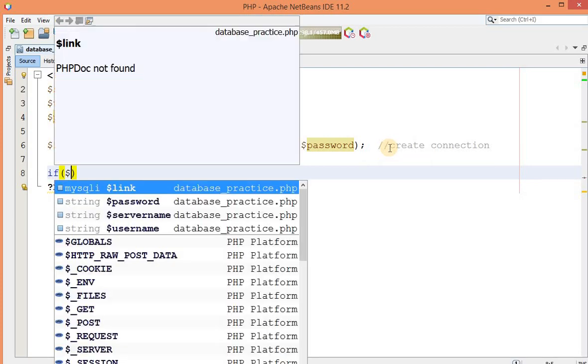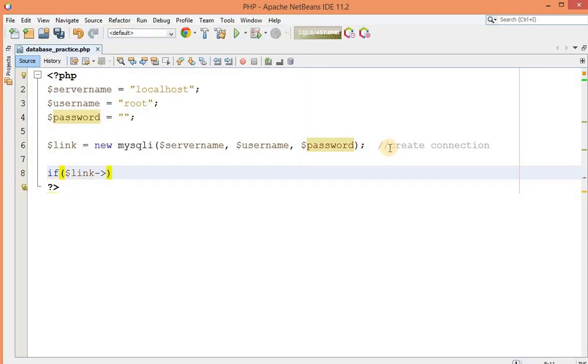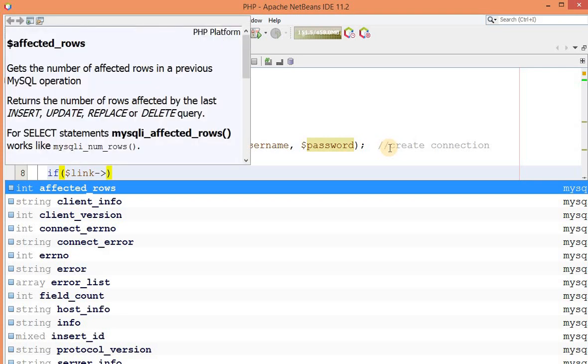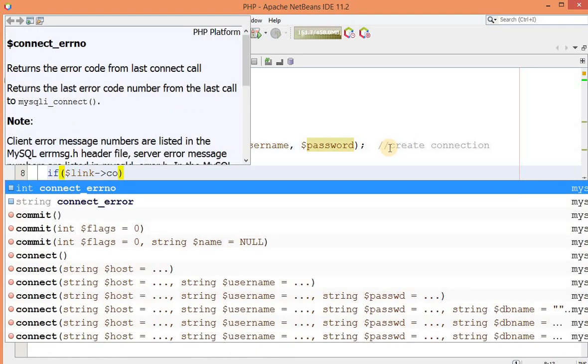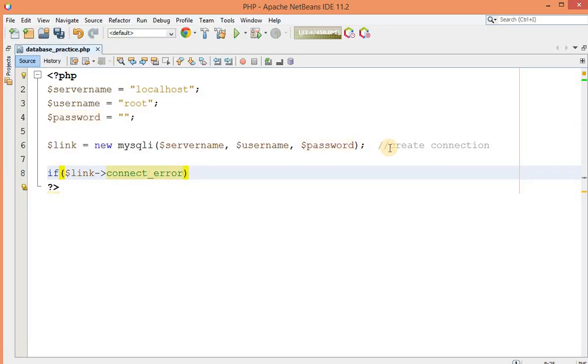For that purpose we will use this object and its property, connect_error.